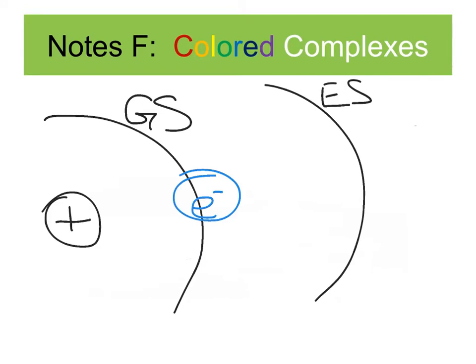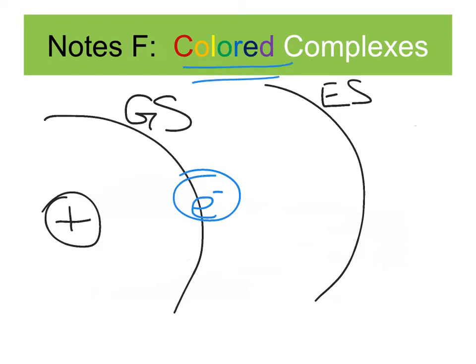One of the most notable properties of the transition metals is that they form colored complexes. So this is notes F of chapter 3. Before we talk about how transition metals produce unique colors and why, first I want to review quickly what makes